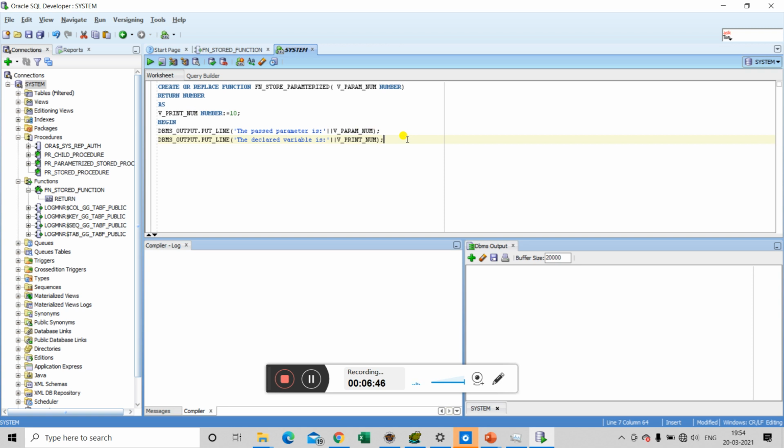Now we will perform some mathematical operation on both of these variables and return our value out of this function. So let's assume that we need to return a value that is the sum of our parameter and our declared variable.